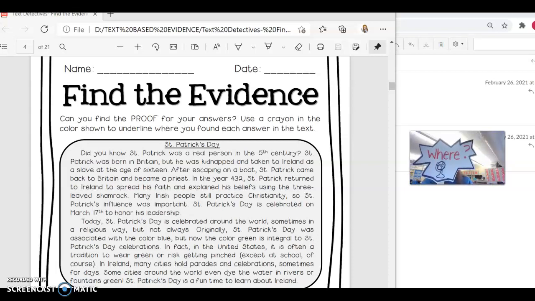Where, okay, this is another easy one. Where is a location? Okay, so it could be a specific location, or it could simply be at school, at my house, outside, inside, at a friend's house. Okay, so where, and we have the picture of the globe here, means a place. Here's another easy question. Who? Okay, if it says who, you are looking for a person. So if you underline something that's not a person or a character, you need to rethink what the question is asking you.